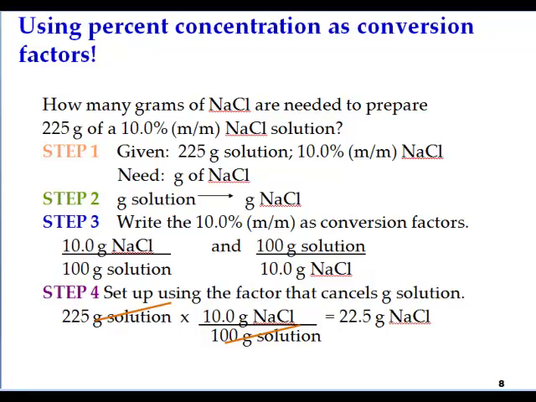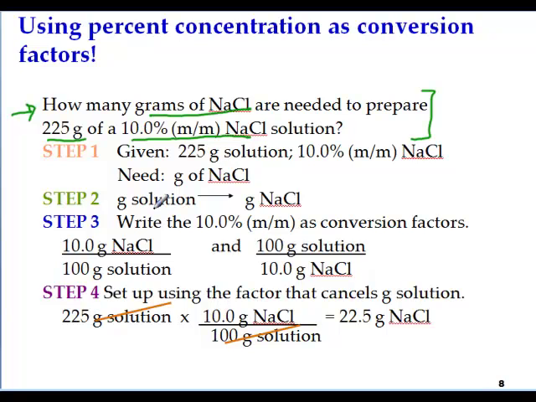But before we go on, let's just do one or two more examples, since I did put down a couple of examples over here. So here is another word problem. Now, in word problems, I've noticed the students have difficulty in deciphering what is being asked. So over here, let's see how many grams of sodium chloride are needed to prepare 225 grams of a 10% mass by mass solution. So first, whenever you read these questions,